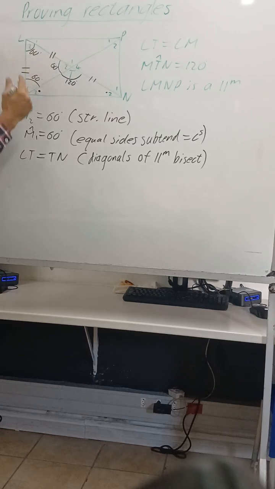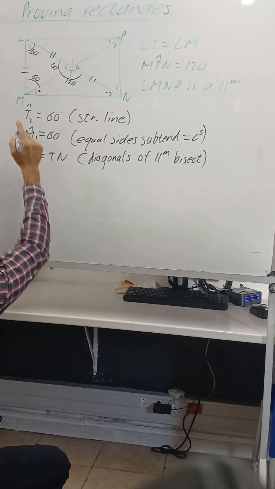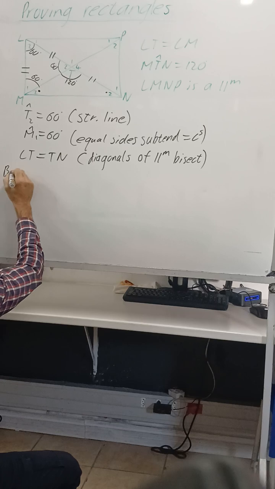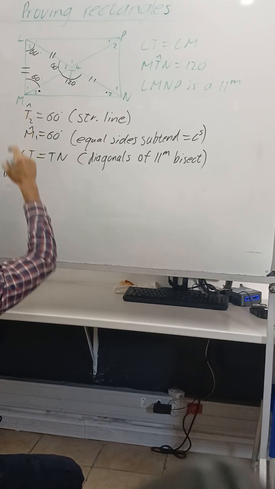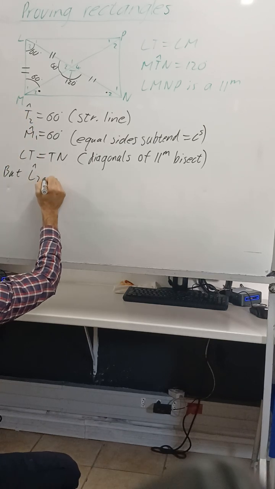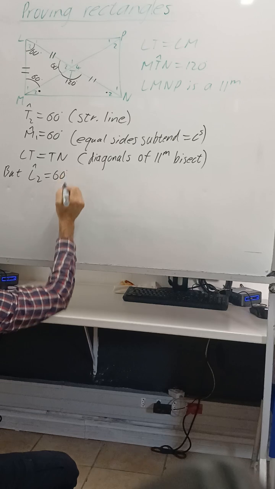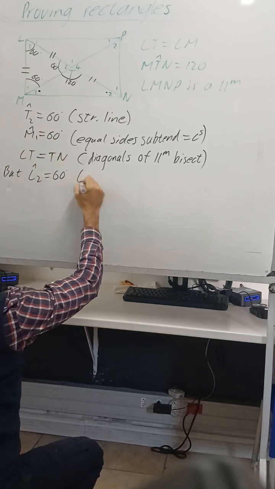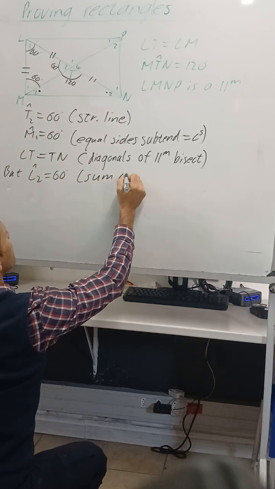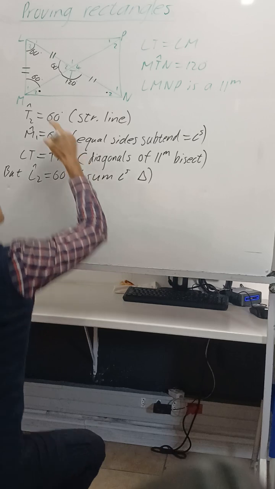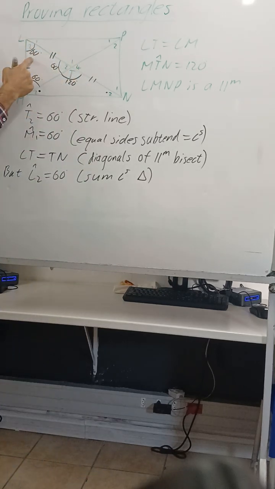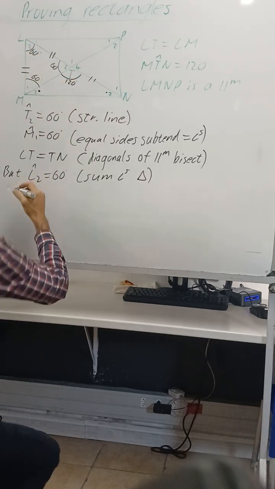So we can first say LT is equal to TN, but then we can say L2 is equal to 60. Reason: sum of angles of a triangle, they add up to 180. So L2 is 60, therefore